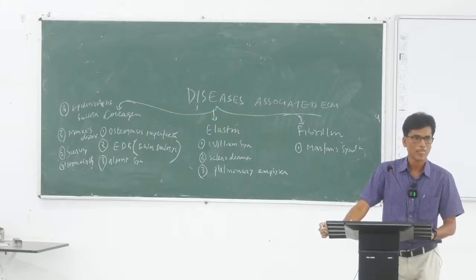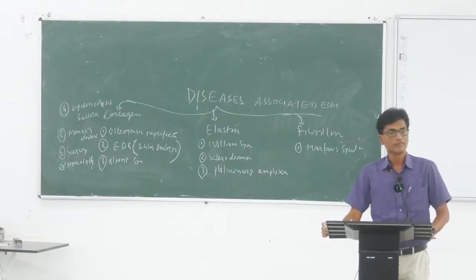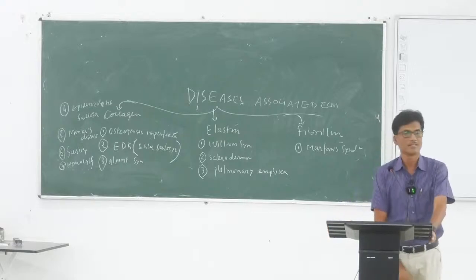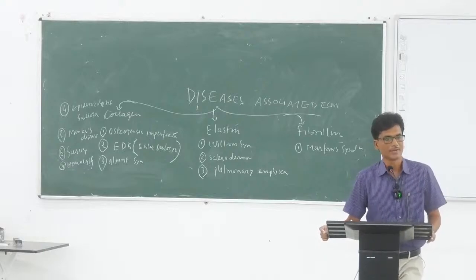That's why the collagen becomes weak and bones become brittle. Brittle means easily fractured. So the characteristic of osteogenesis imperfecta is brittle bone that easily gets fractured, and deformed